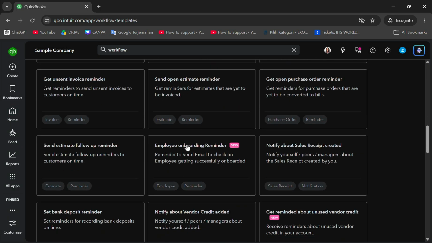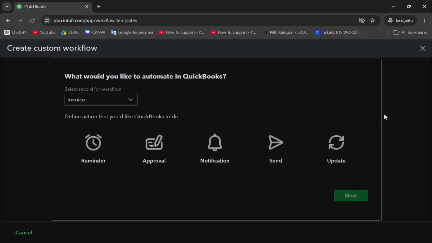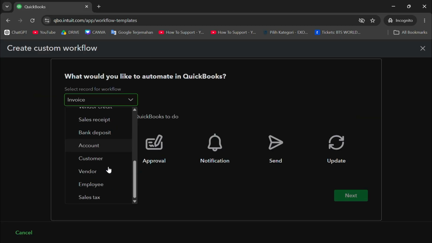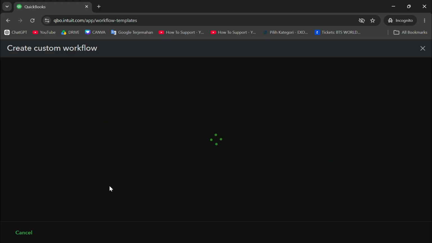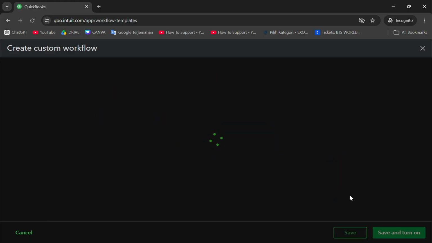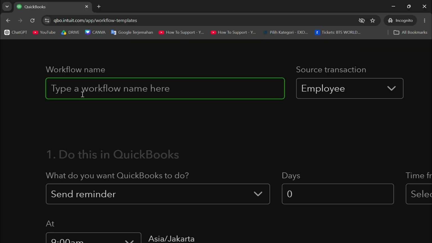Then you will find a lot of templates here, but we're going to create a new one. You can click this green plus button, and then for this we're going to choose employee, obviously, and then choose reminder, and then click next. And then you can name it maybe,